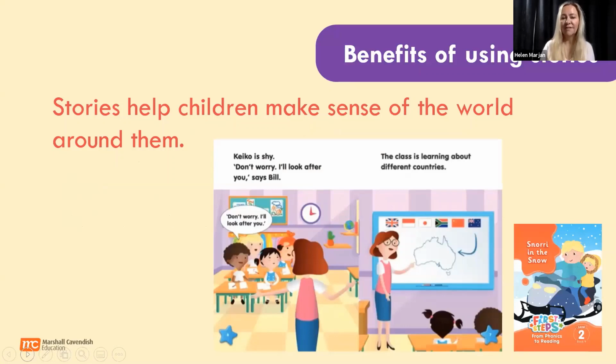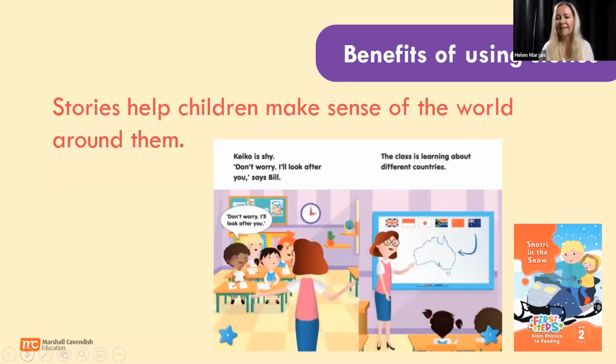We have a lovely story in level 2 about a little Japanese girl called Keiko. She's just arrived in America and she has to join a school. And it's all about how the other children in the class look after her and how she shares about Japan in the story and makes friends within the class. So this helps to make sense of things that our children will have to face themselves. It helps them to access those feelings, to talk about the feelings, to have a sort of pre-run of the experience before they have to experience it themselves.